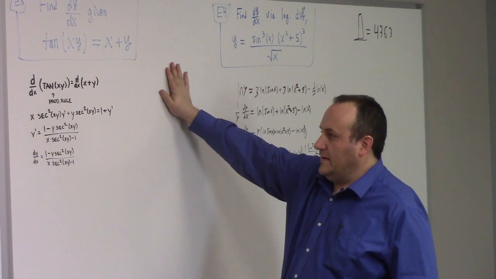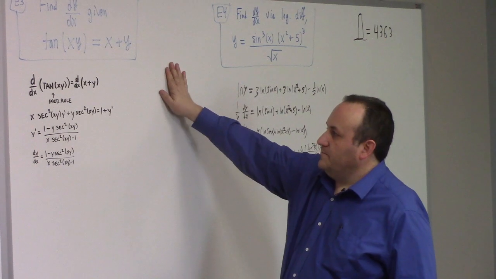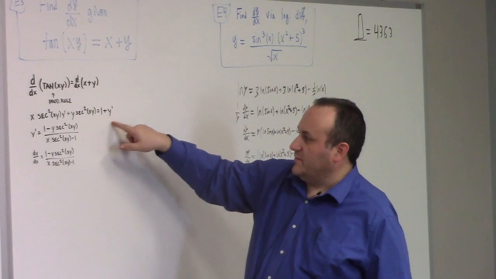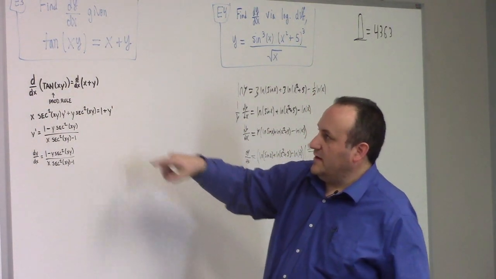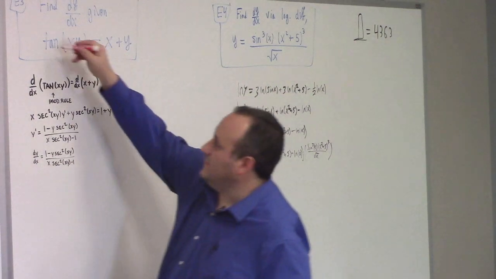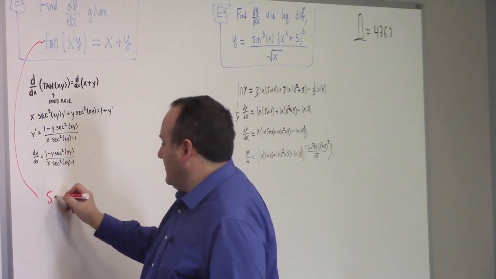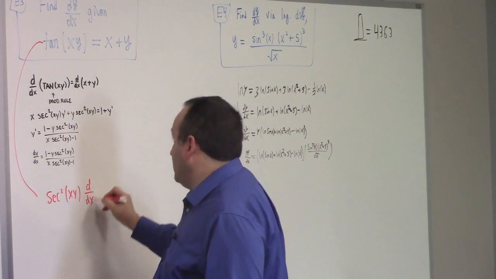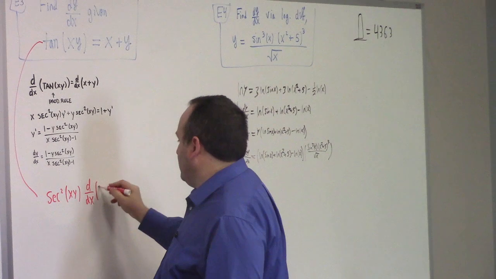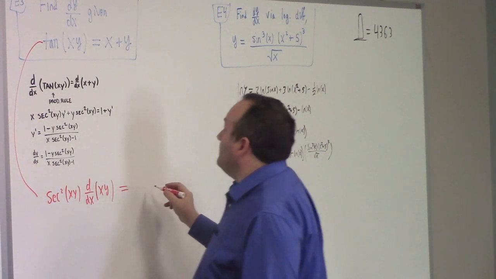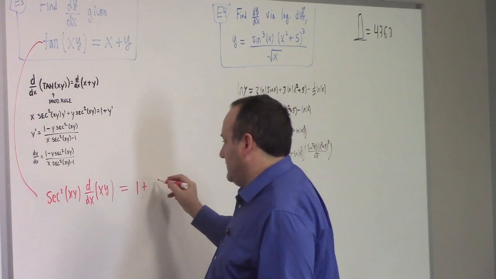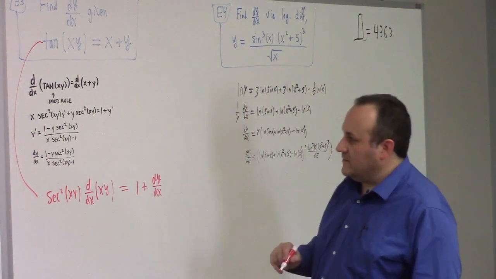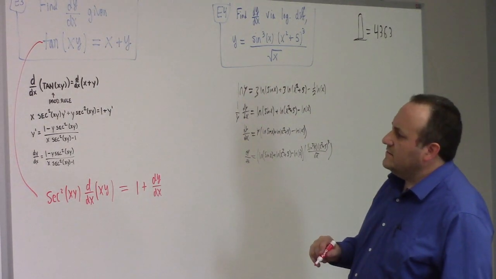Not quite. This over here is good, like the derivative of x plus y is 1 plus y prime. That's true. But when I differentiate this side here, what I should get is secant squared of xy times the derivative with respect to x of xy. Now maybe that's what you did though, so let me not be too critical here yet. y plus dy dx. We might not be in disagreement here. Let me look. Oh, okay, yeah.